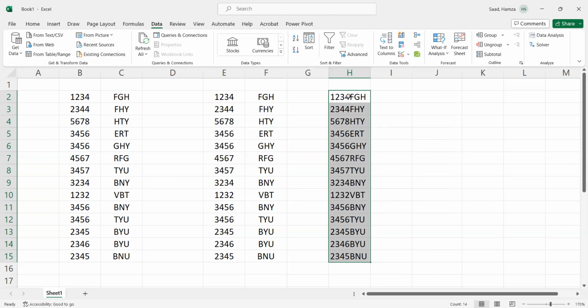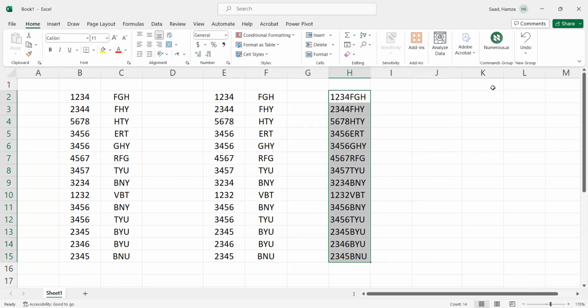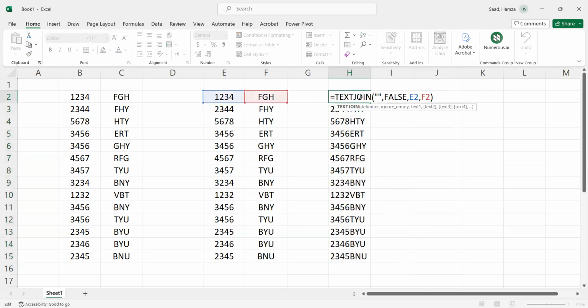How to create space in the join text set? I'm gonna go to return my function by clicking home. Then I need to return the function that calculated the column join text. What I'm gonna do here, after E2, after that we have a comma. Then I'm gonna add